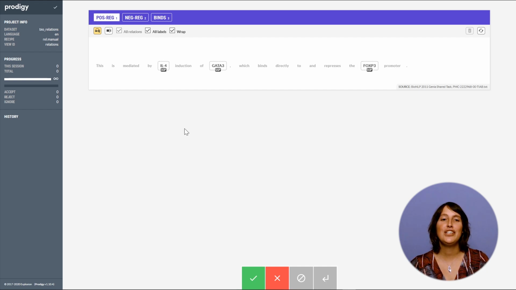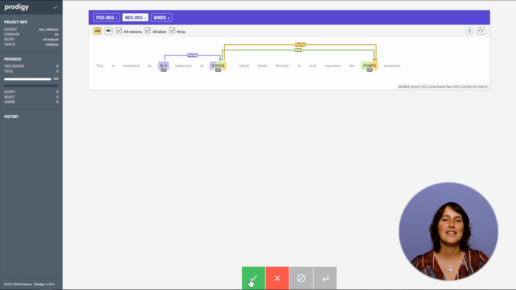Prodigy is a scriptable annotation tool which offers several built-in annotation recipes, such as the rel.manual recipe that was released with Prodigy 1.10. This recipe allows you to annotate entities and relations at the same time. In our case, the GGP entities are predefined in the dataset and left as is, and we only focus on getting the relations between these entities correct. We have annotated a small set of articles from the BioNLP Shared Task 2011, where the texts are taken from PubMed and PubMed Central. We export these annotations as a JSON-L file and include it in the project as a data asset.